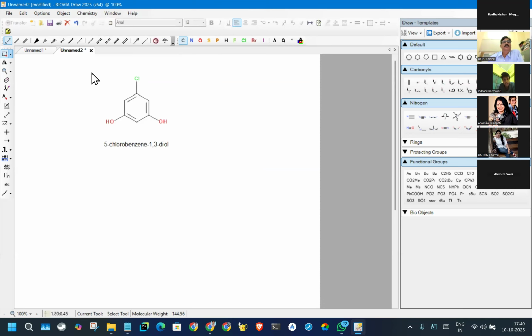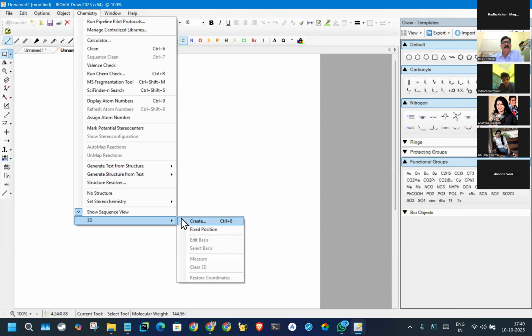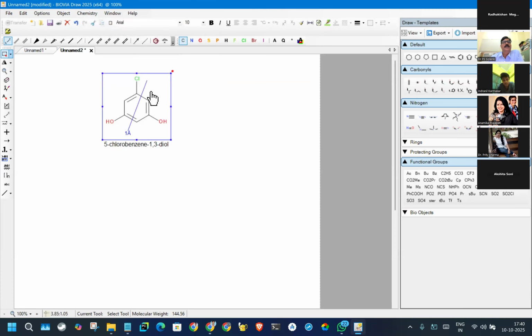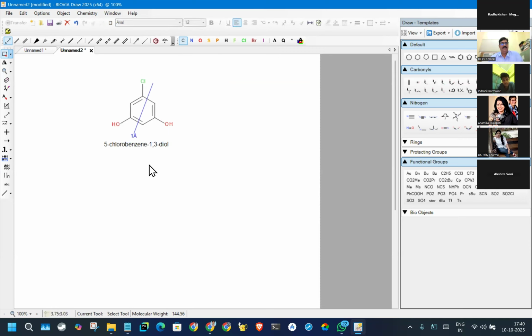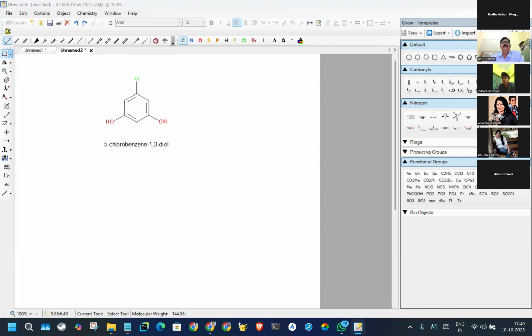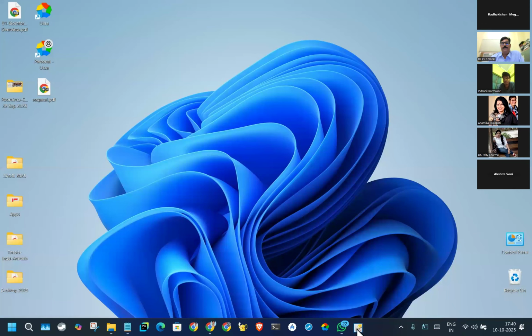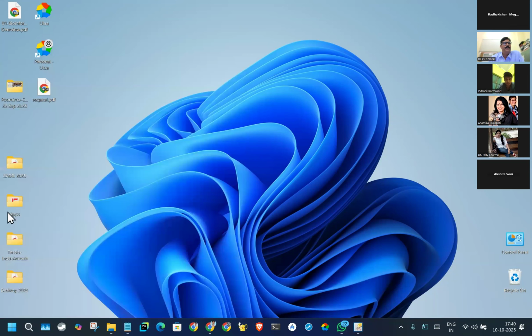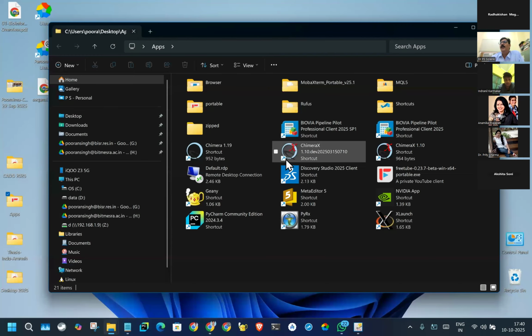मुझे इसको 3D में कन्वर्ट करना होगा, केमिस्ट्री में जाके 3D के अंदर क्रिएट लाइन। ओके, अच्छा ये तो है ही, ये हम लोग 2D बना रहे हैं, है ना। और अब सभी बनाने लग गए, तो डाउनलोड ही नहीं हो रहा। नहीं, उन्होंने केवल ये लिंक सेंड कर दिया, इस लिंक पे से डाउनलोड कर लो। अभी लिंक को खोल रहे हैं तो ये आ रहा है, डाउनलोड नहीं हो रहा है।